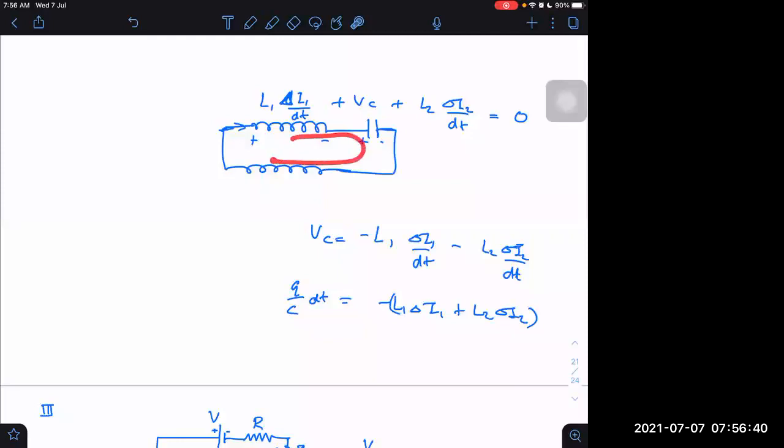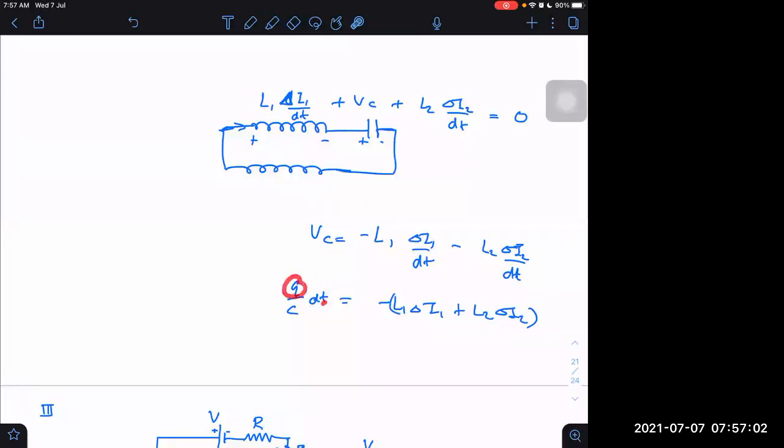If they have to carry the same current, then it will not take time just after opening the switch. They have to have the same current only. So this change should take place abruptly, instantaneously. If it takes place instantaneously, this will be finite, but it appears to be infinitesimal. The only possible value is that this also should be 0. This left hand side is 0. 0 means dt is negligible, so this is 0 only.